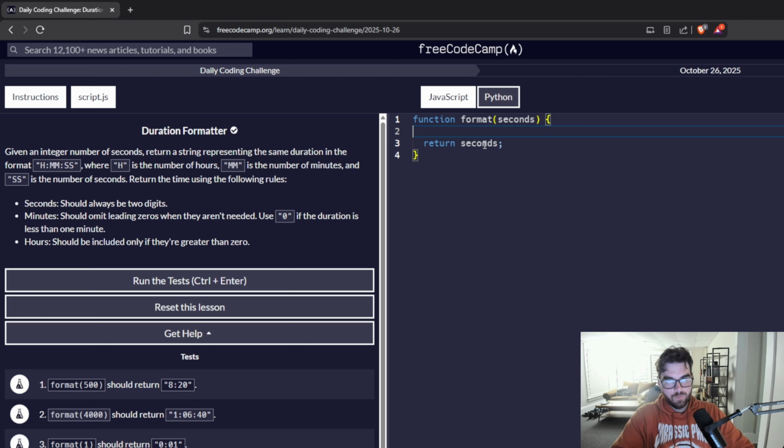So first, to begin, we're going to need to figure out our hours, minutes, and seconds. So let's see. Let minutes equal... or wait, I might have to do hours first. Yeah, hours would equal our seconds divided by 60, so 3,600. So then minutes equal... no, we can't do hours. So it would be